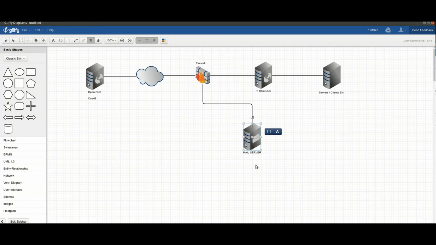And you may notice that our mail server here is bypassing the Pi-hole, and you're probably wondering why would you do that? Well, the reason is this blocks advertisements. Well, what if a company who's an advertising company tries to send me an email, or I try to send them an email? I don't want it to go nowhere. I want it to get out. So our mail server will point to the firewall.